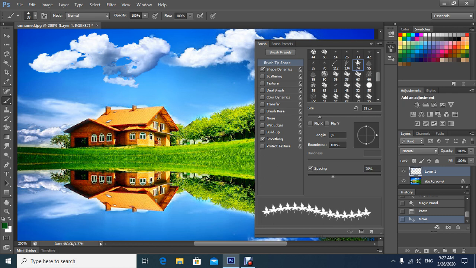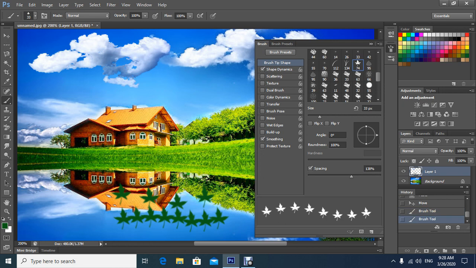For example, I will choose the spacing like this. See, if I do like this, it looks like a tree leaf, and if I increase the spacing, it is going to be like this. Between each leaf there is a space inside the same brush. If I close it like this, then it will not be clear. Each brush will be very close to each other. Let's go back in the history a little bit